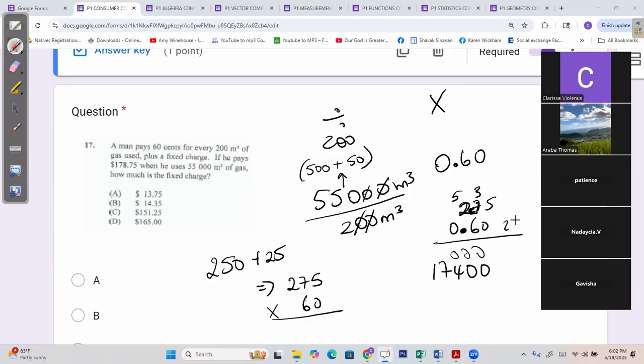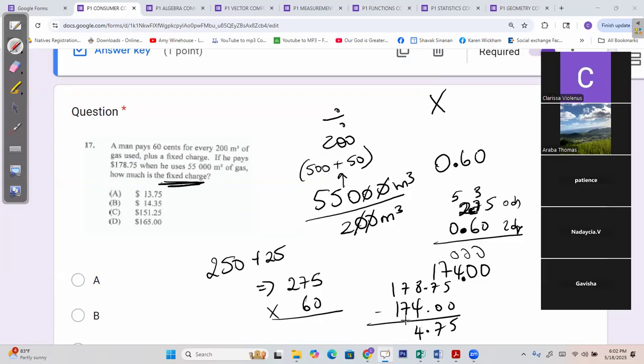I need 2 DPs. So this is 0 DPs. So we go 1, 2. So that's $174. What does that mean? We need to find out how much extra, the extra money is the fixed charge. So what do I do with these two numbers? Subtract. So 178.75, we minus, so I get 75 cents for,